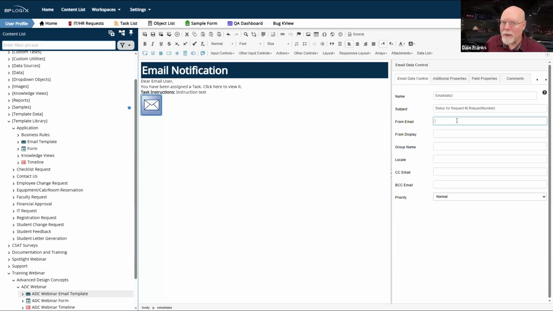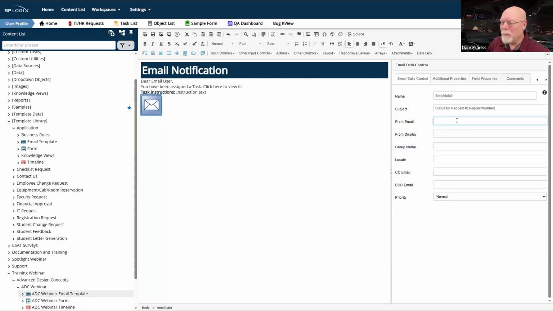You have to be careful about this. It's not usually done, but you can provide an email address in the from email. I was going to say you can separate the email addresses with commas or semicolons and have multiple email addresses as the from. Well, actually, no, you can't. You can only have one email address as the from email. You can have multiple email addresses as the CC and BCC, but the from email is a single address because you can't have an email from multiple people.